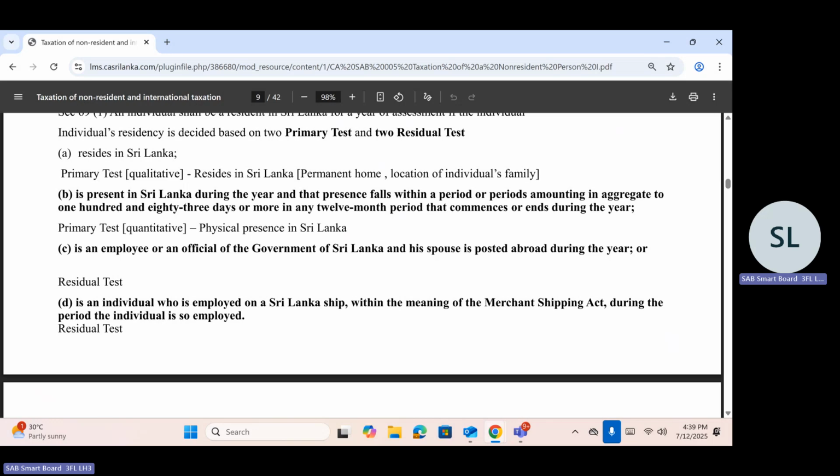An employee or official of the government who is posted outside Sri Lanka. This is applicable only for government employees and government officials. Even if they are staying outside Sri Lanka for 2 years, and the physical presence in Sri Lanka is less than 180 days, even then it is not applicable, and they are considered resident individuals for Sri Lanka. The fourth one